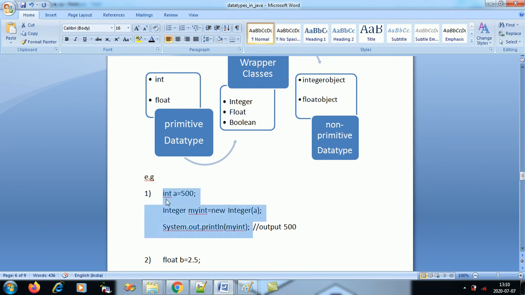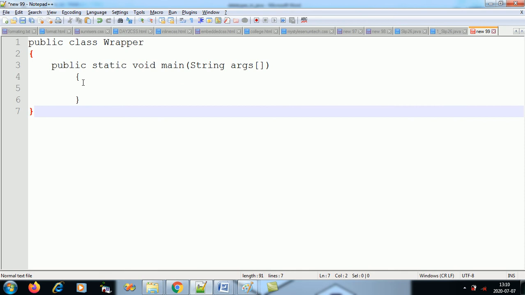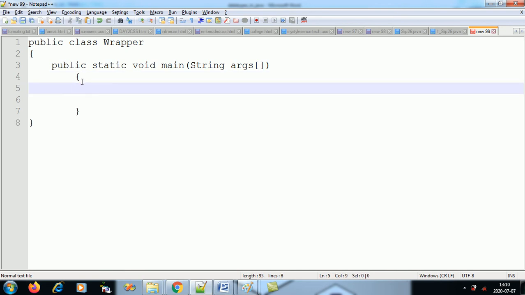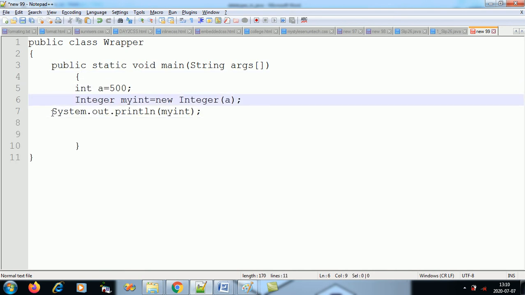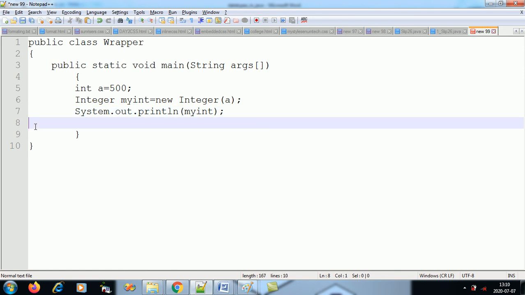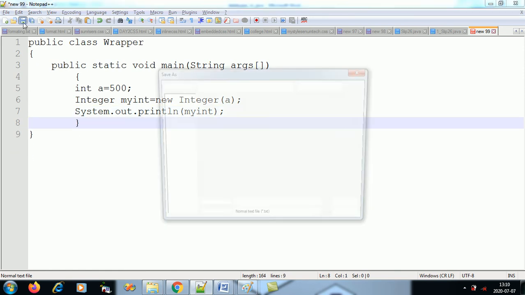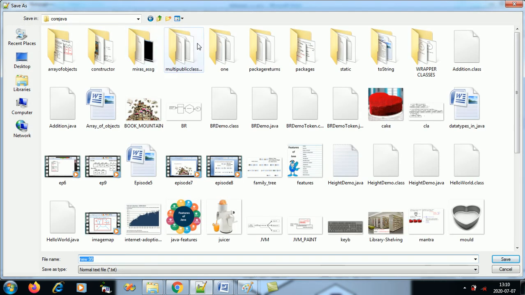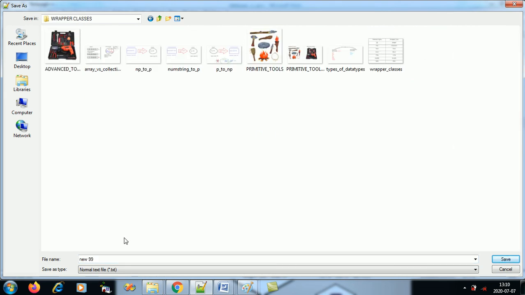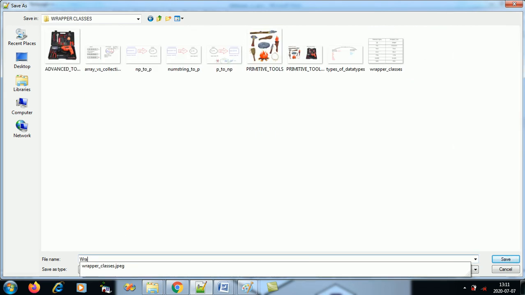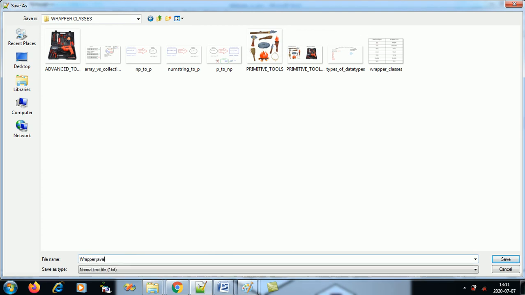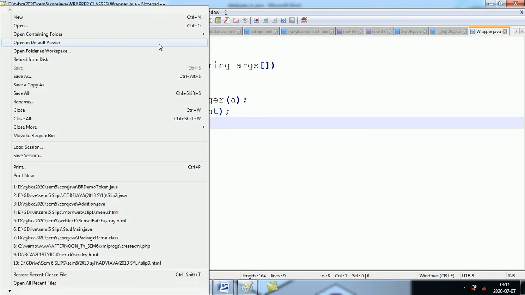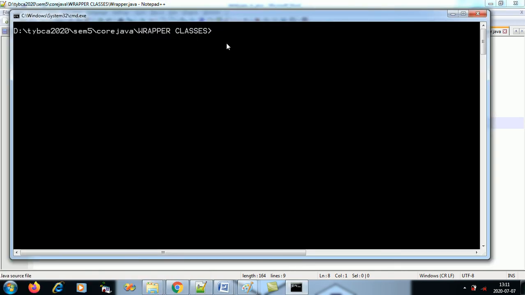Let's run this code. I have prepared a basic template and I've named the class wrapper. Now when I run this code, it should display 500. Let's test it. I save it, go to where my wrapper class is, the file named Wrapper.java, and let's run this now. javac Wrapper.java.